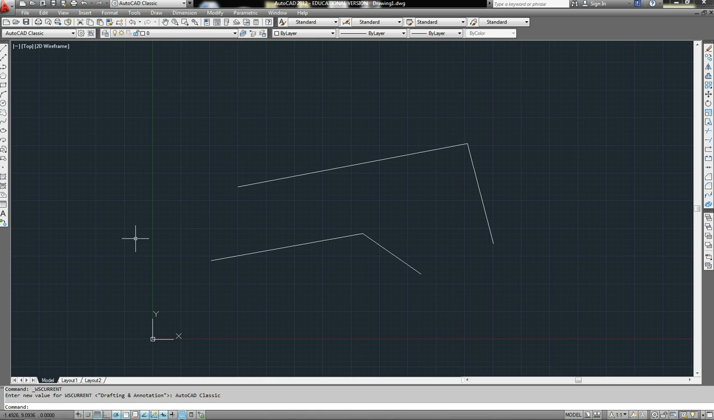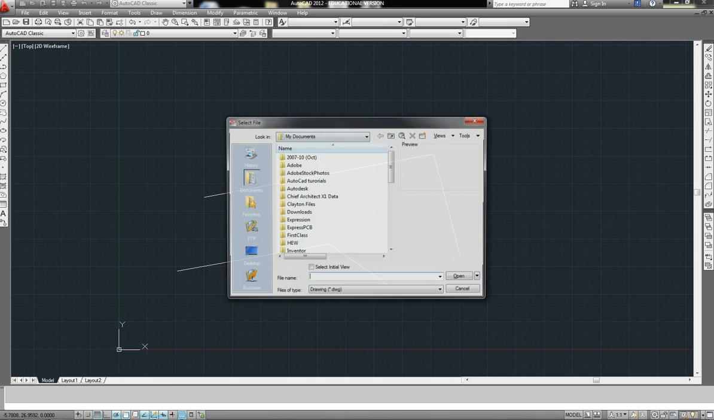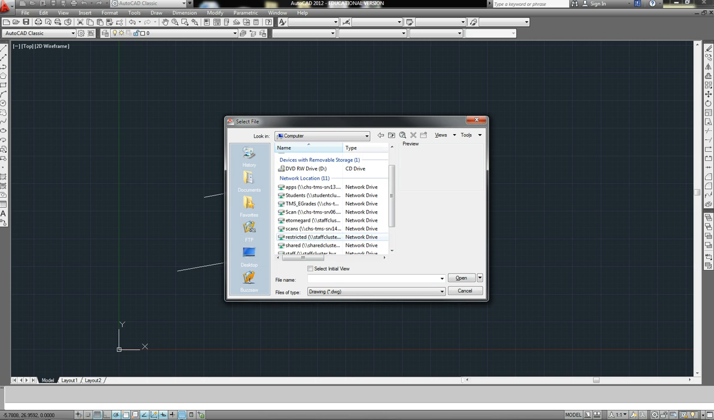Now what I want to get into is how to use the zoom and pan commands within the AutoCAD program. The way we're going to do that is to open a sample file that we'll use to practice some of these commands. So we're just going to click on the Open button here. We can also go File, Open. I'm going to click on the Open here, and we're going to browse to the share drive where this file is stored. So I'm going to go to my computer here, go to the share drive,